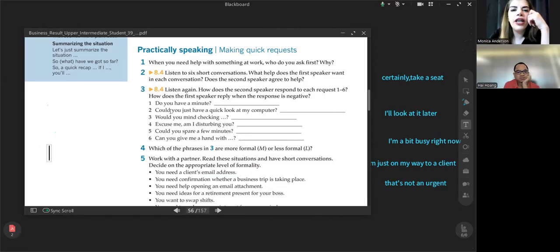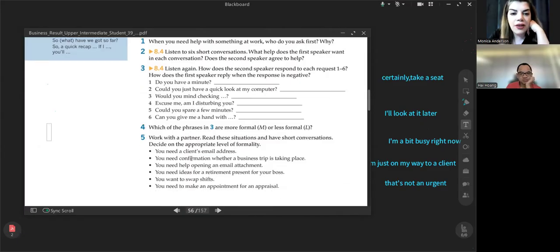For example, here, could you just have a quick look at my computer? It's not formal, it's less formal, it's okay, but it's not too formal. So 3, 4, and 5. And of course, can you give me a hand with? This is really friendly and good. Informal, you can use it when you need help.